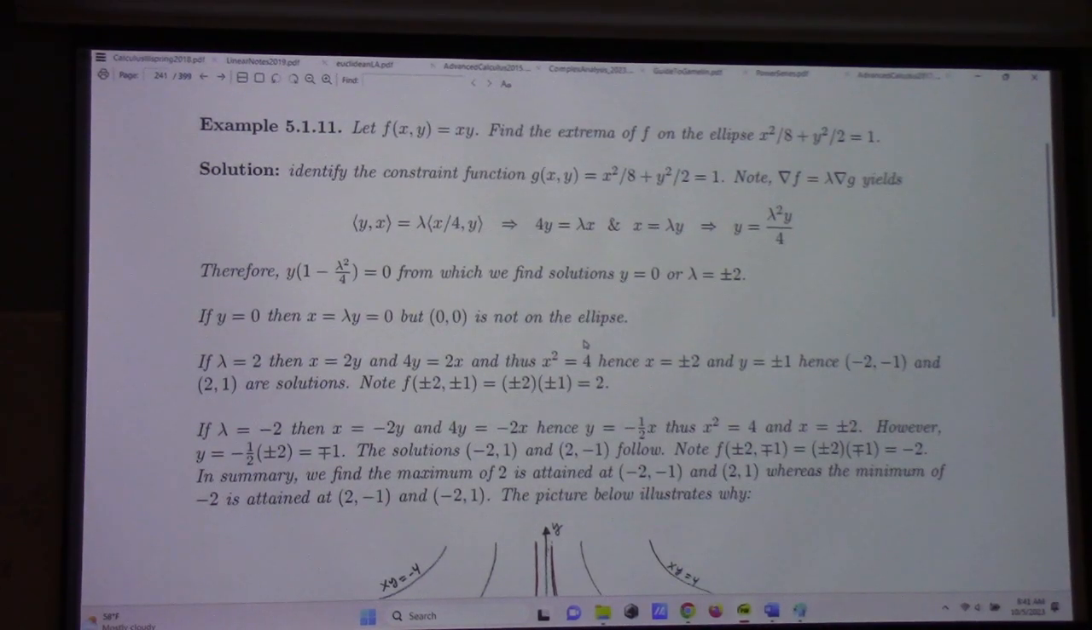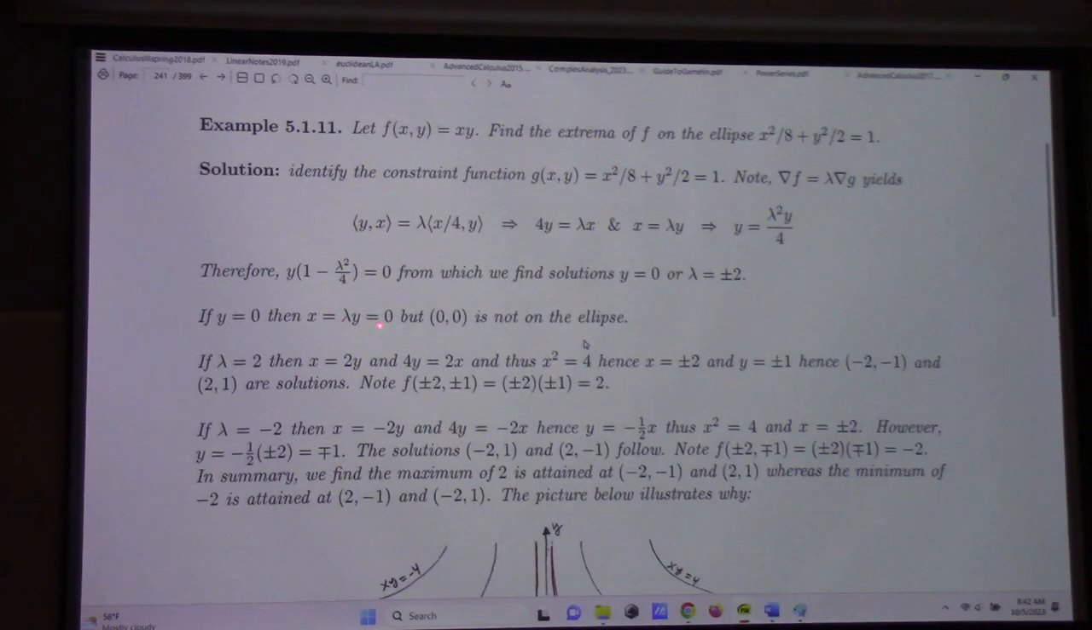I'm going to find maxes and mins here if I can hack through the algebra. The gradient is yx, so I set it equal to lambda times the gradient of g, which gives me these equations, which solve to give me that, which then you can plug back in, and I get either y equal to 0 or lambda is plus or minus 2. If y equals 0, that doesn't work because